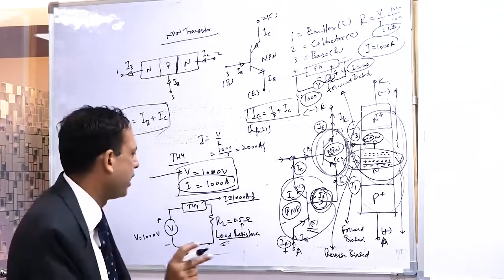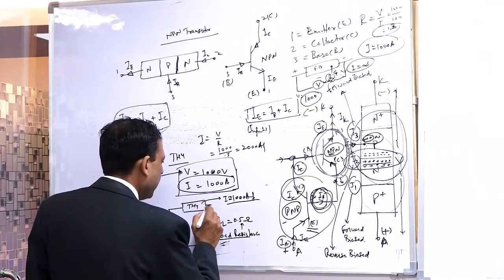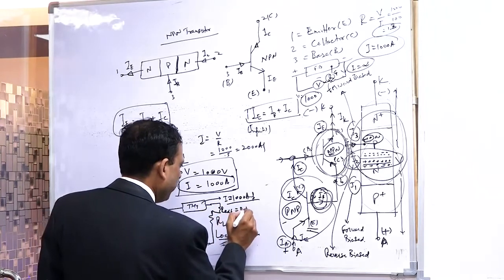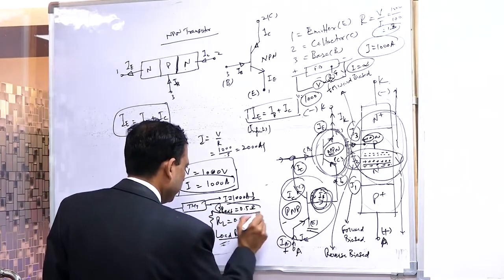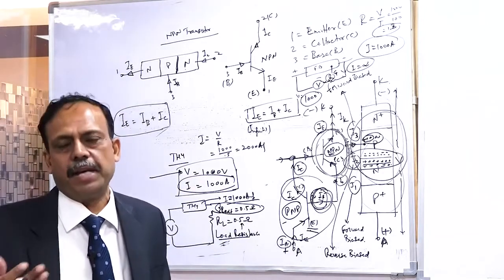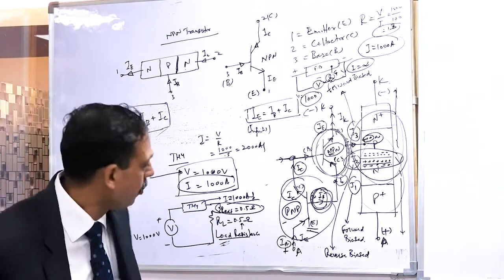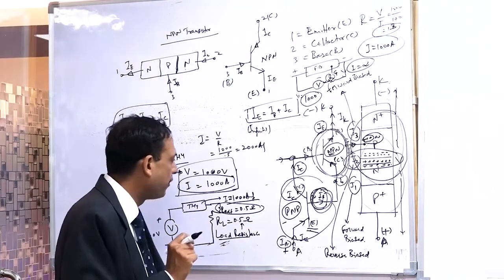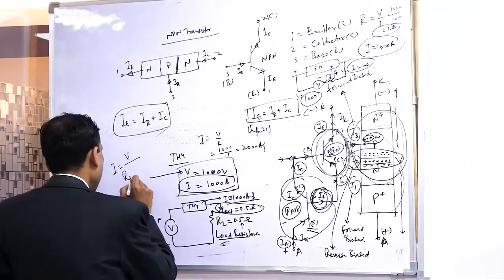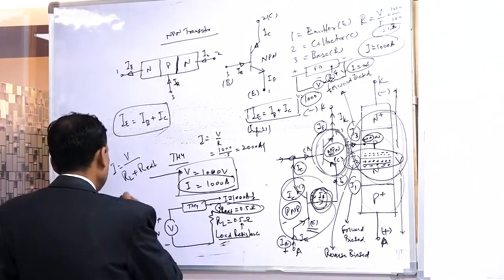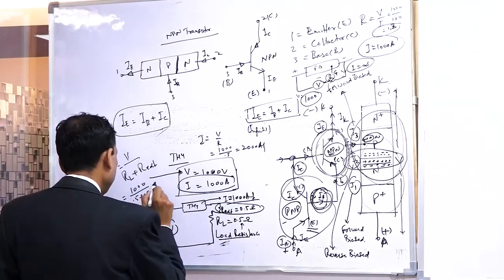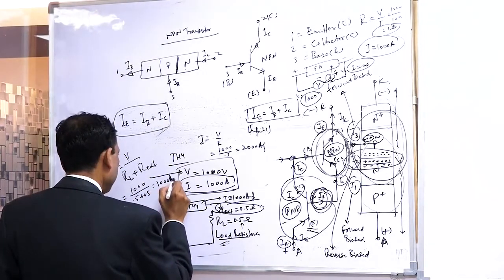Yes, correct. Rameshji, you are right. So we are going to put another resistance in the circuit, R external equal to 0.5 ohms. Is it clear? So we are now learning to design a thyristor circuit. We are going to put an external resistance of 0.5 so that the current is equal to voltage divided by R load plus R external. It is 1000 volts over 0.5 plus 0.5, which is equal to 1000 amperes.